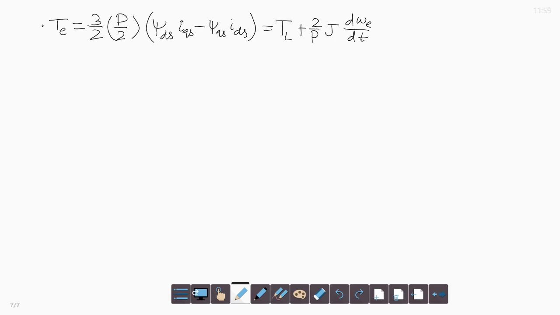So, it is a 6th order non-linear system, and induction machine and synchronous machine models become identical if induction motor runs at synchronous speed, and synchronous motor has no saliency and excitation is ignored. Under these conditions, induction machine and synchronous machine models will become identical. First point is induction motor runs at synchronous speed. Second point is synchronous motor has no saliency and excitation is ignored. Further, we will discuss the steady state model of the machine.